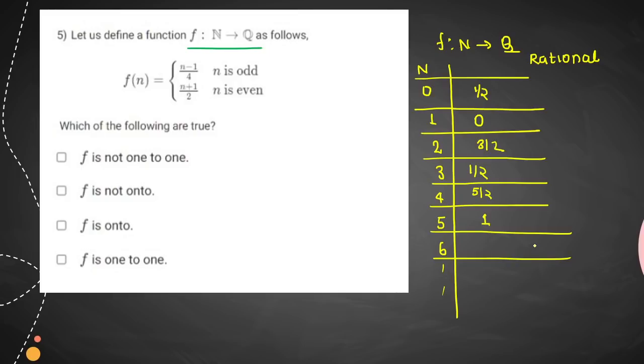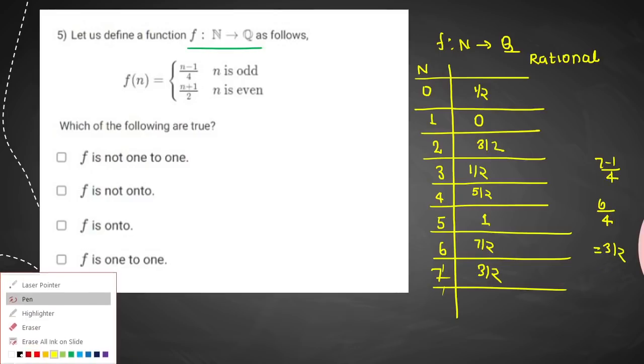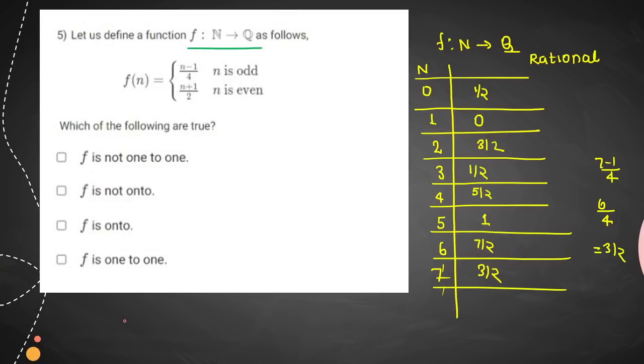Substitute n as 6, so it will give 7 by 2, and similarly for 7 it will give 3 by 2. Okay, 7 minus 1 divided by 4 is 6 by 4, that means 3 by 2. So now we are done with enough inputs, so let us